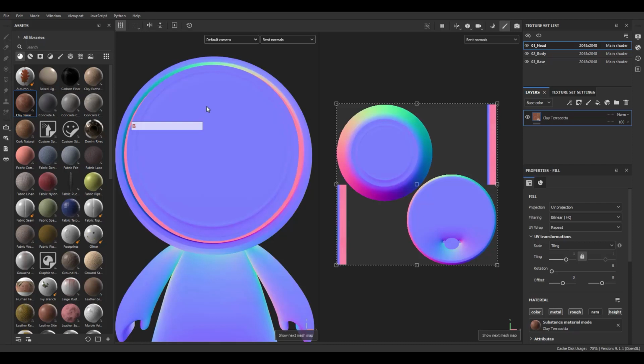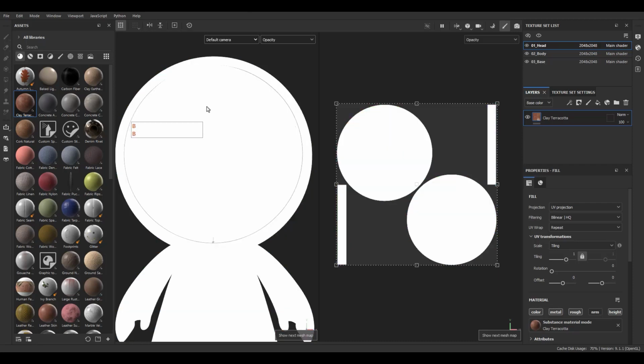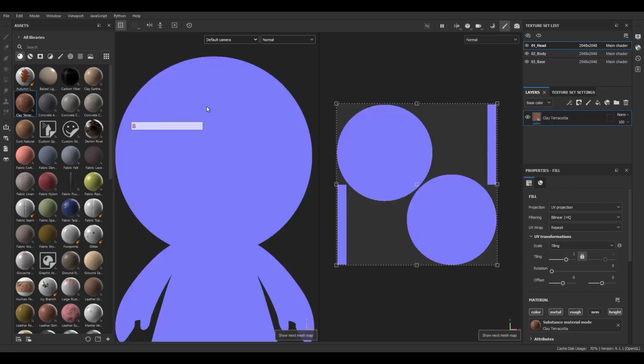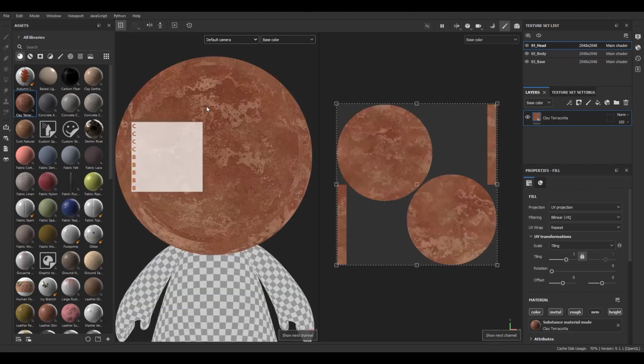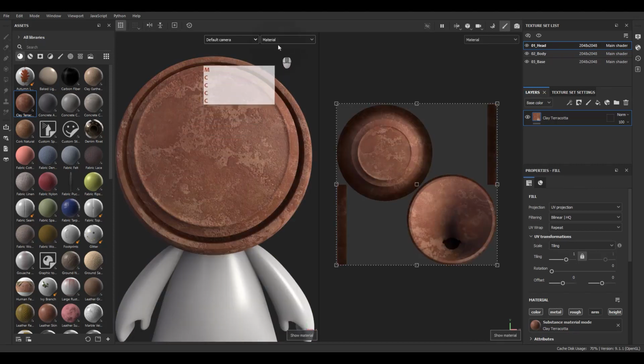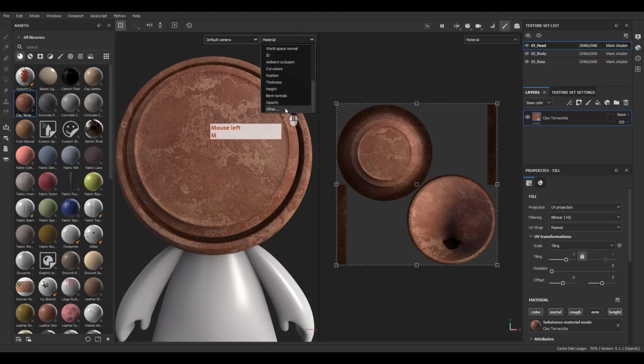And B is for the mesh maps, which are related to the maps when we are baking from low poly to low poly or high poly to low poly models. So this is the mesh maps, this is the single channel, and this is the material mode. And you can even switch to, for example, mask, if you create a mask on the layer, with this list. So we are going to cover that